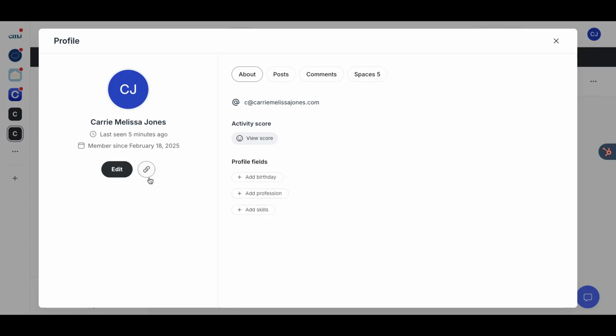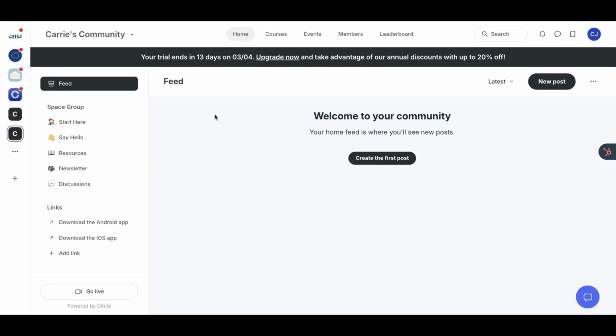And then there's also a headline and a bio that people fill out as well. I don't have any information filled out here yet, so it's an empty profile. On the business plan, you can create unlimited profile fields. So we ask things like, what stage is your community in? And there's a drop down of pre-launch, launch, et cetera. So that's just your basic overview.